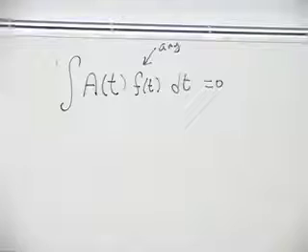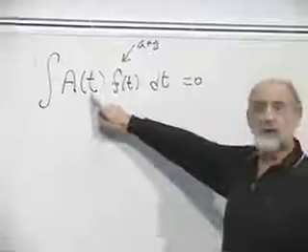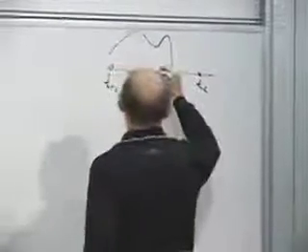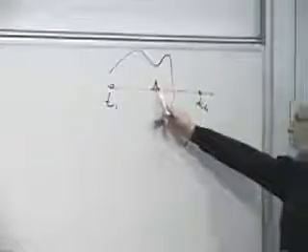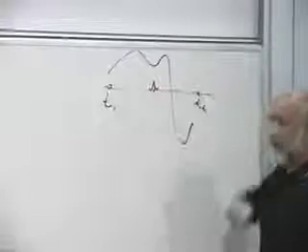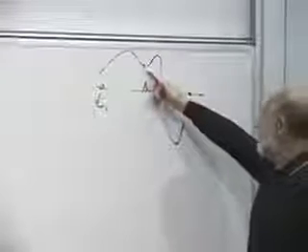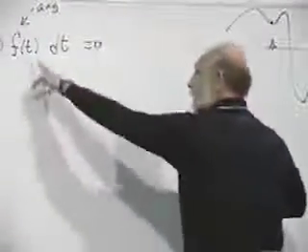And the easy way to see that is to say, if it's true for any function, let's check that a of t has to be 0 at some specific point. Let's take this specific point over here. Then all we have to do is to take a function f of t, which is 0 everywhere except in the vicinity of that little point. Then when we multiply the function a by this little blip, let's call it the blip function, we of course get something proportional to a at that point. And so what we'll get is something proportional to a at the point where the blip function is non-zero.